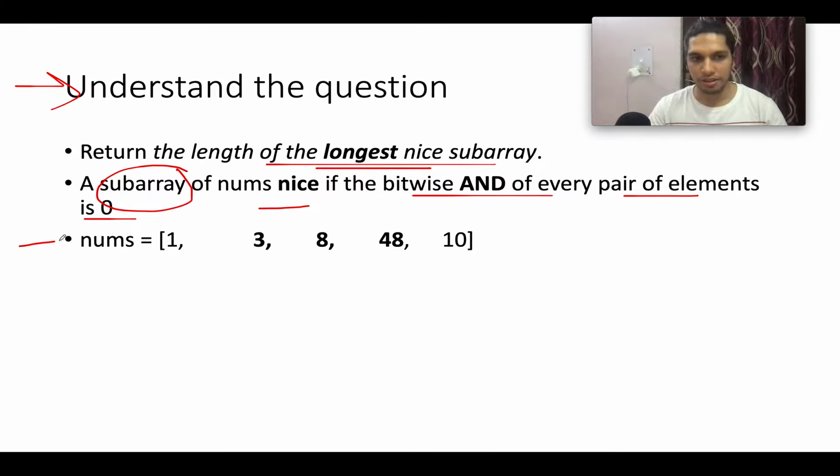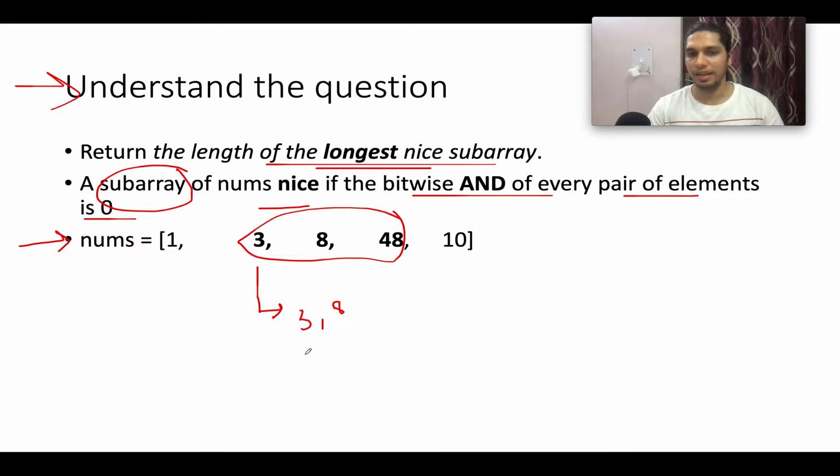Let's walk through the same example that is specified in the question. We have the elements as 1, 3, 8, 48 and 10. And if you carefully analyze, then this is the subarray that will give us the intended result. So the length of this subarray happens to be 3. And if you carefully check how many different pairs exist: 3, 8. Then we have 8, 48. Then we have